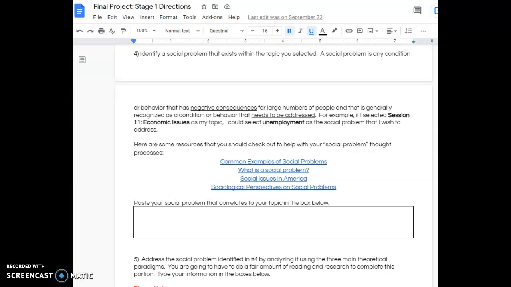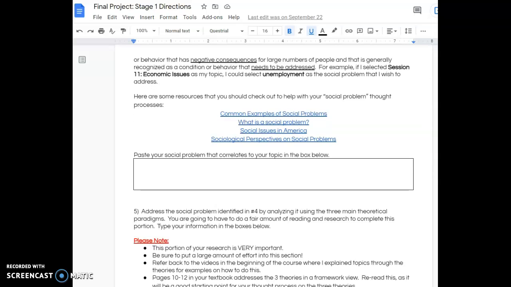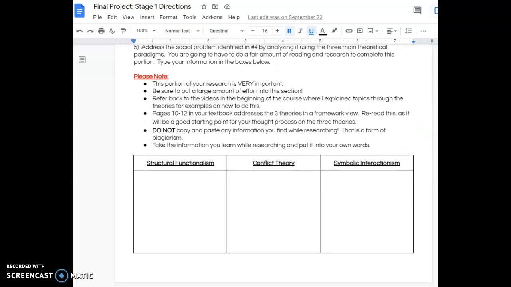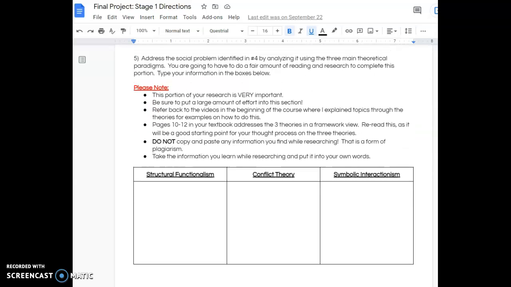So pick something that you want to learn more about. And then finally, once you've identified that social problem, you are going to spend a large amount of time in the theories of sociology and applying them to the social problem you have selected.